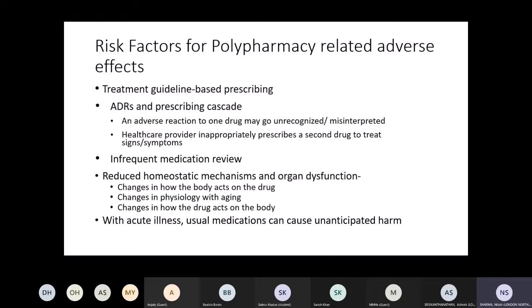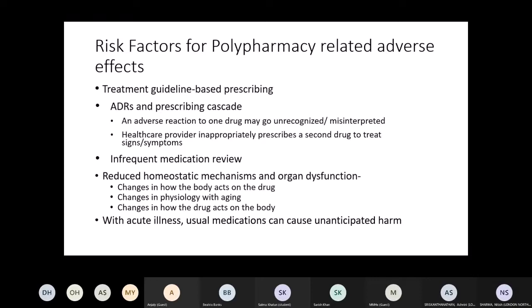For example, just a few days ago, I saw a patient whose blood pressure was 180 something, and he was given additional amlodipine just to bring down the blood pressure. His blood pressure was 110 when he was going to be discharged, but still he was given amlodipine. So it's very important to rationalize that if something has been started in the hospital just for the short term, it's important to stop that when the patient is being discharged. So that's the second point, which is infrequent medication review. The patient would have a medication and not have a review after that.